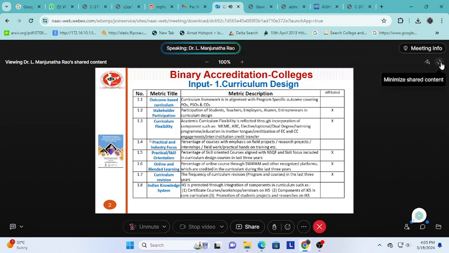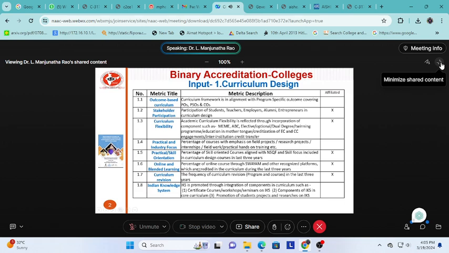Then practical and industry focus. Percentage of courses, that is how many courses are for projects, internships, fieldwork, and practical hands-on training. This metric is applicable for both affiliated colleges and autonomous colleges. Practical skill orientation is a metric which is applicable only for the autonomous colleges. Percentage of skill-oriented courses aligned with National Skill Quality Framework and skill focus included in curriculum design courses in the last